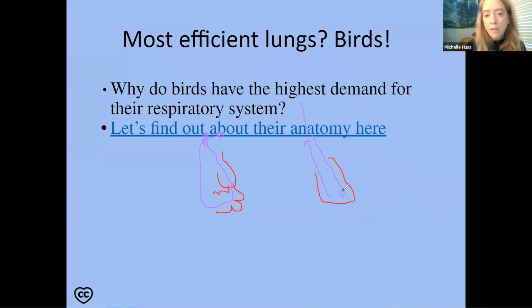And the problem with this is you've got mixing down here of both air that's full of oxygen because you breathed it in, and a bunch of carbon dioxide because you're going to breathe it out. You did gas exchange both ways, and it's just mixed in both ways. So this is a lot less efficient. You can watch this video about bird anatomy and see if that makes sense to you. But birds have one-way airflow, whereas we have two-way. So ours is less efficient. Why do birds need it? So cool.